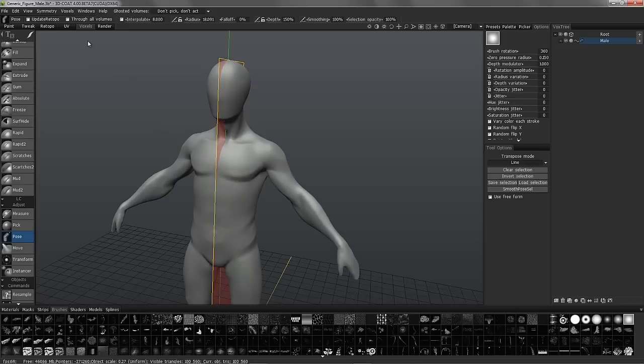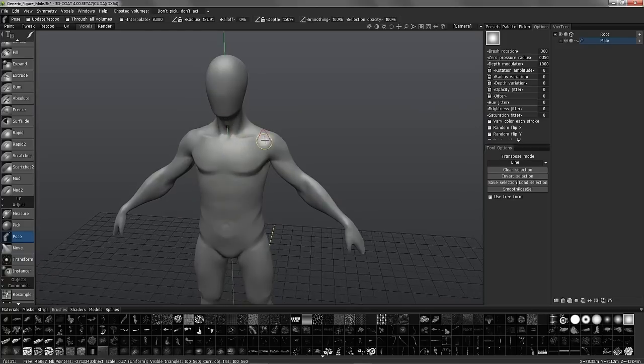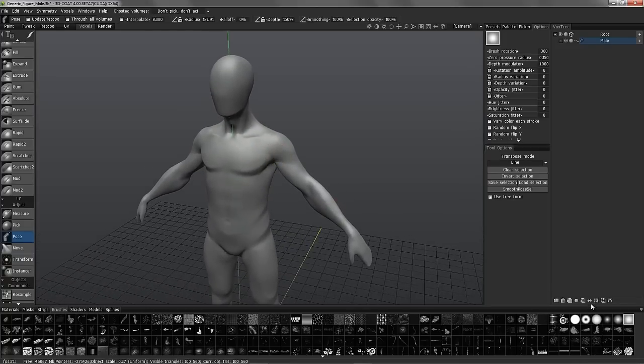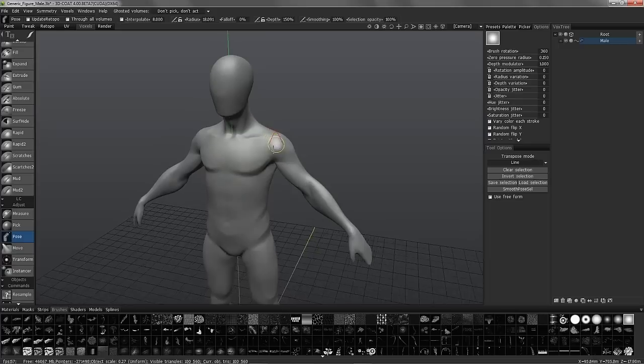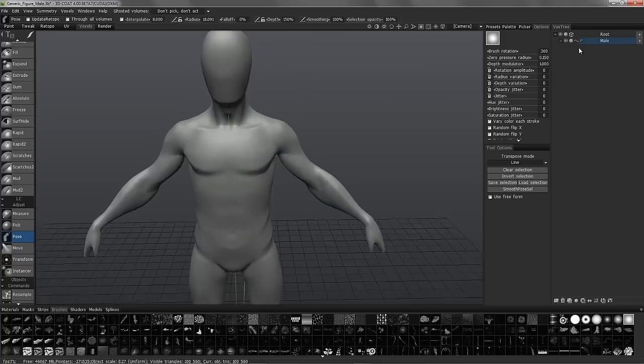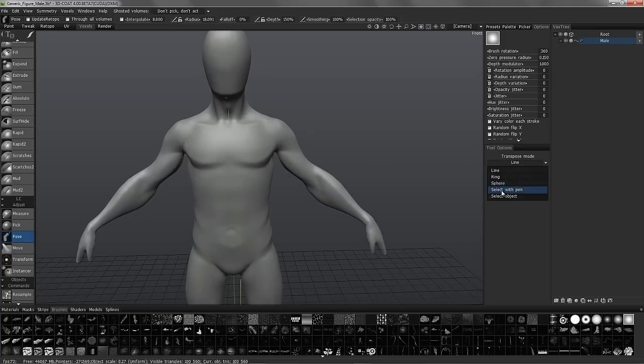I'll hit the S key to bring the symmetry panel up underneath my cursor. I can also access it from the menu here. Alright, I'll hit the S key again and turn symmetry off. The reason for this is I'm going to just work on one side and show how you can use SamCopy to mirror the change over to the other side. Okay, so now that we're ready to start, I'm going to choose select with pen,